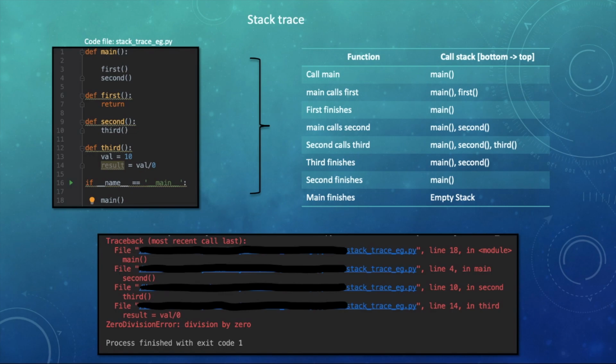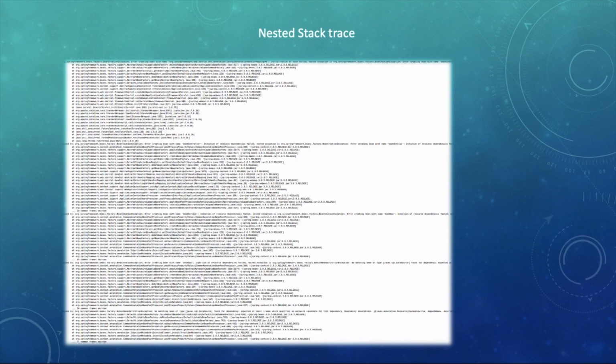Like here, based on the information in this stack trace, we can see the error was caused by division by 0. Therefore, it's true that learning how to read and understand the stack trace can be enormously useful in quickly fixing bugs, right? And actually this is a very basic example, and the stack trace here is only 10 lines long. But in real life projects, things are not this simple and straightforward.